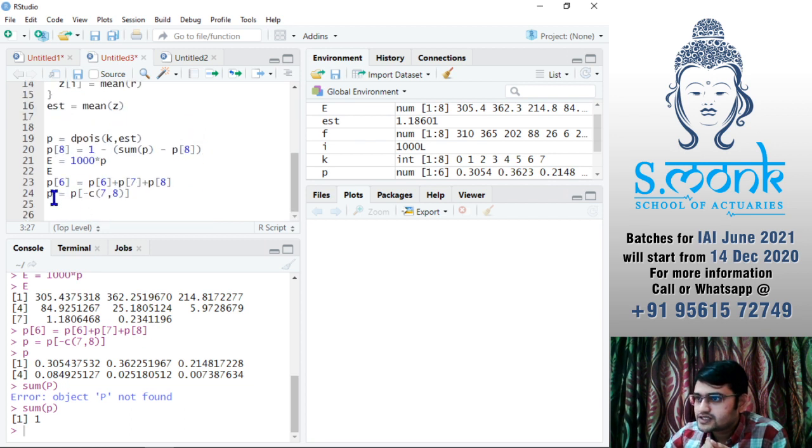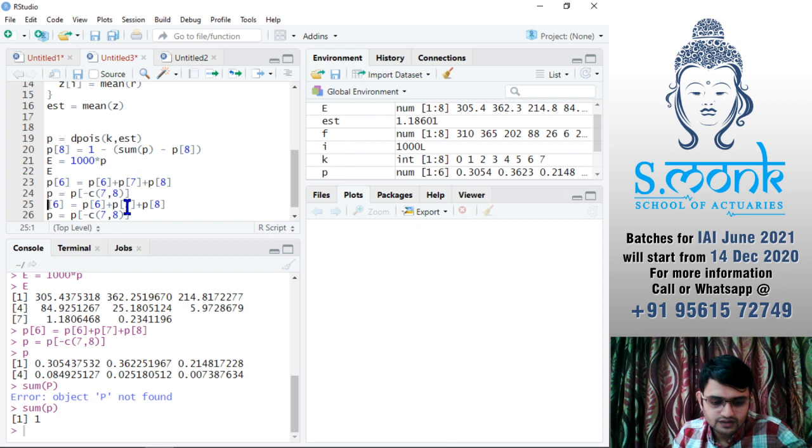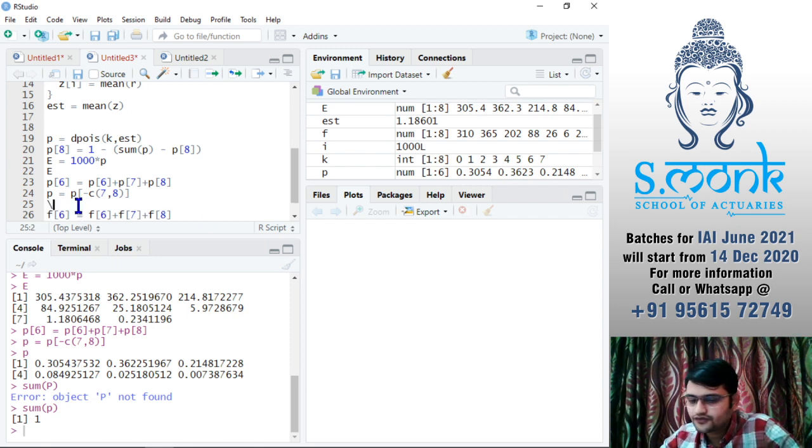Okay, so I'll say my f of 6 must be equal to 6, 7 and 8, and then I'll remove the 7 and 8 value. So I'll copy this and do the same thing to f. Okay, done the same thing to f.